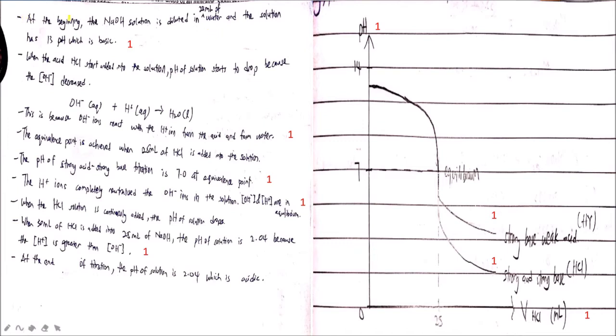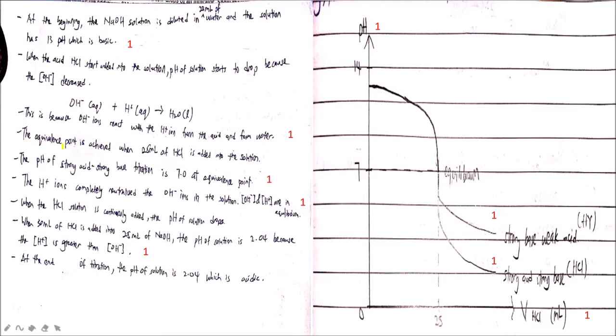So in the beginning, the NaOH solution that is diluted in 25 ml of water, and the solution has 13 pH, which is basic. And when the acid HCl starts to be added into the solution, the pH of the solution starts to drop because the concentration of hydroxide ion decreases. This is the equation for acid and base reaction. So the hydroxide ion reacts with the hydrogen ion from acid to form the water that's neutral,